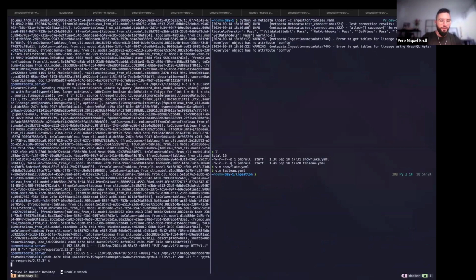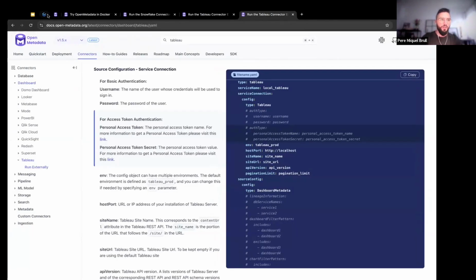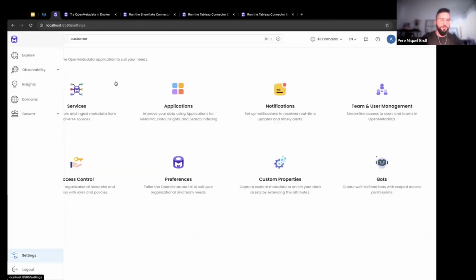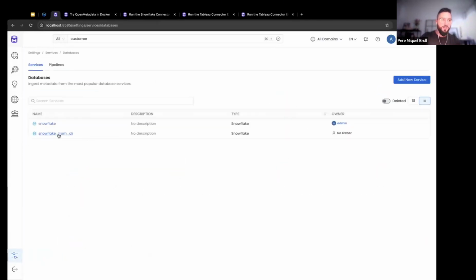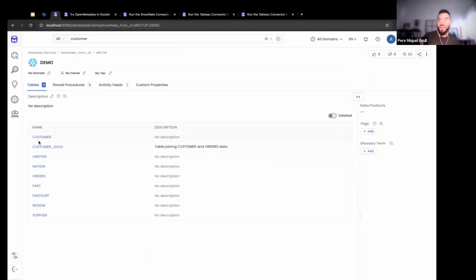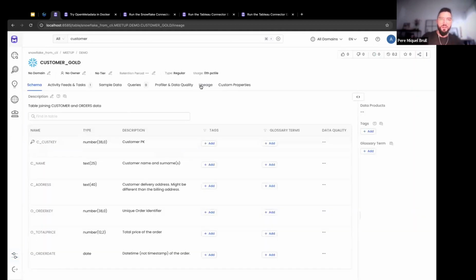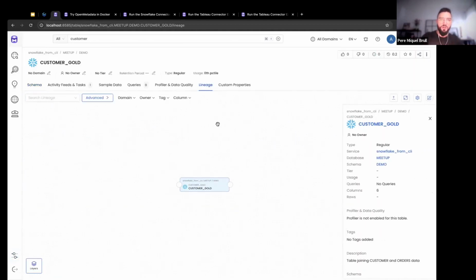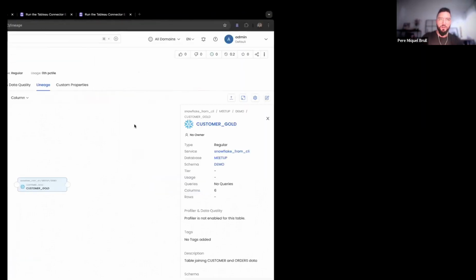So let this finish, and while it finishes, let's see if I already have some data here. I see that I have my Snowflake from CLI that I ingested. I have the exact same data because I was running with the exact same filters. And if I take a look with the lineage, let's see if